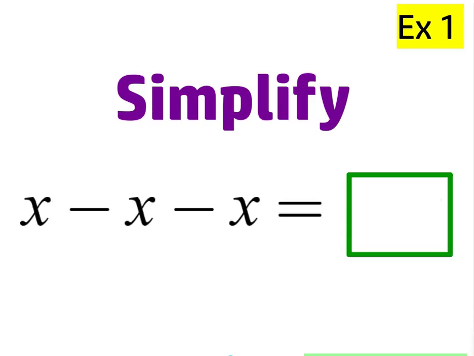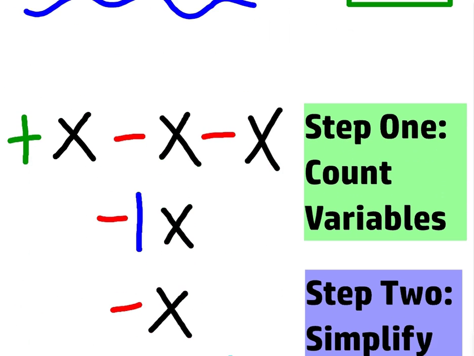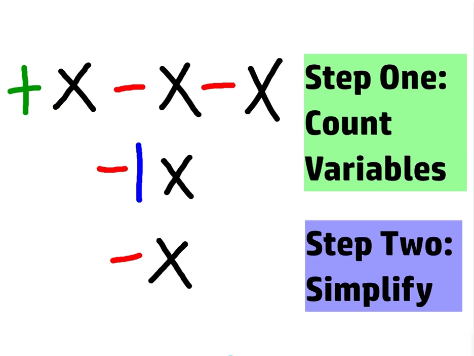Let's go ahead and look at this example. We have x minus x minus x. Now what's the missing sign out front? It'd be plus, right? So we have one plus and two minuses. That's going to become, if you count, 1 minus 2. So you have the